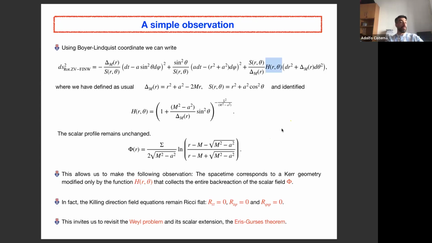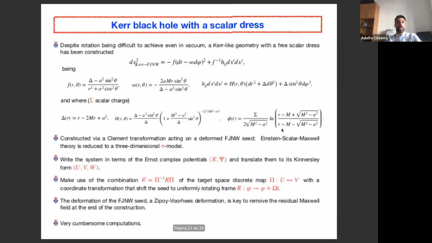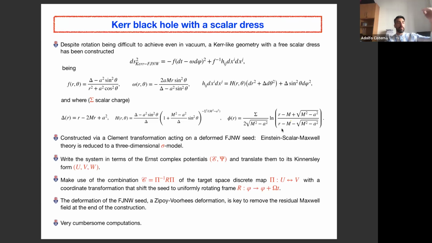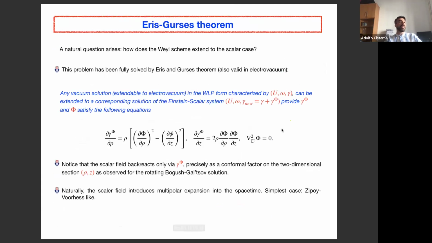And this was a very simple observation. Then we proved it in dimension 5. We went to Myers-Perry, and we did it for Myers-Perry with both angular momenta completely arbitrary, something actually impossible to do with the solution generation technique of Gal'tsov that applies when you are in 4-dimensional GR. So what we realized is that actually there was already a theorem explaining why this was happening. And the reason is the following.